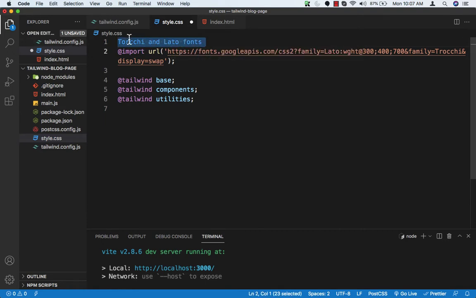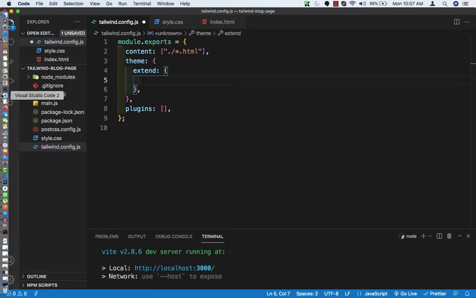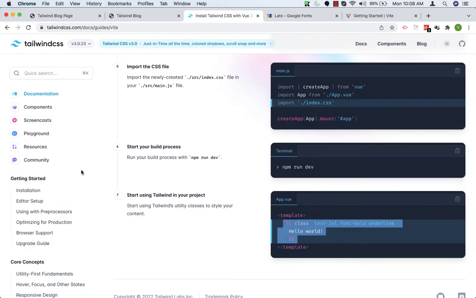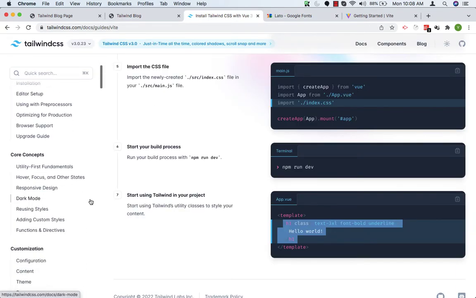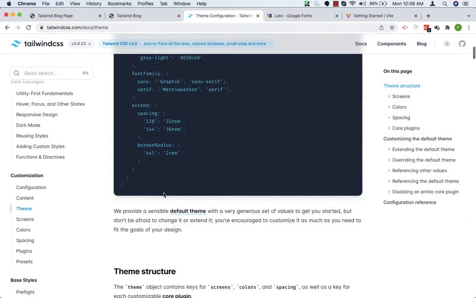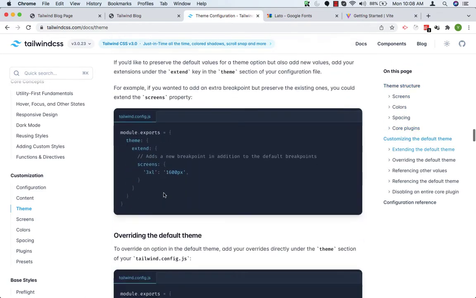Okay, so command and backslash, save this, and now we need to add this font in config. So inside the extend, let me show you how to do it. If I go to the documentation of Tailwind CSS, and go to configuration, let's go to theme, and inside customization we need to click on theme. If you scroll down here,